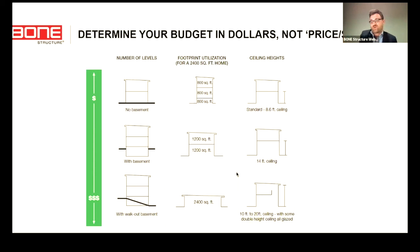Do you want potatoes that are super heavy, so it's going to maybe cost more per weight? Or are you going to have bread? Which one? Or sirloin steaks? All different factors, like custom building, even more so in custom building, there are thousands of things that change price that are factors in getting to that price. So we don't want your price per square foot, what you're trying to get to. We want to know what you have to invest in dollars, and we're going to try and help you work